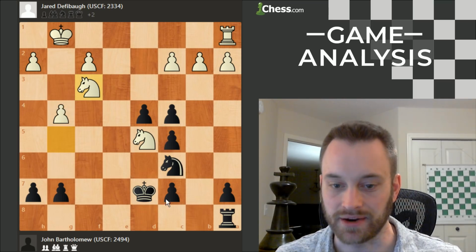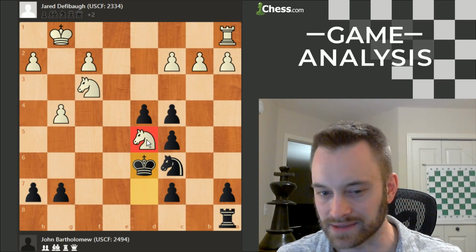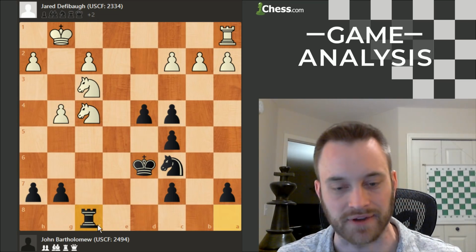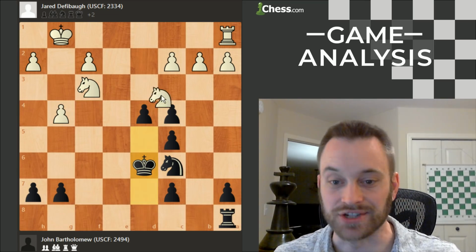f3. But here at the end of the line, black can play king d6, and I believe black will get the piece back because the knight is under attack, and if knight f4, there's rook f8, lining up on both of these knights. So the engine was saying white should play knight